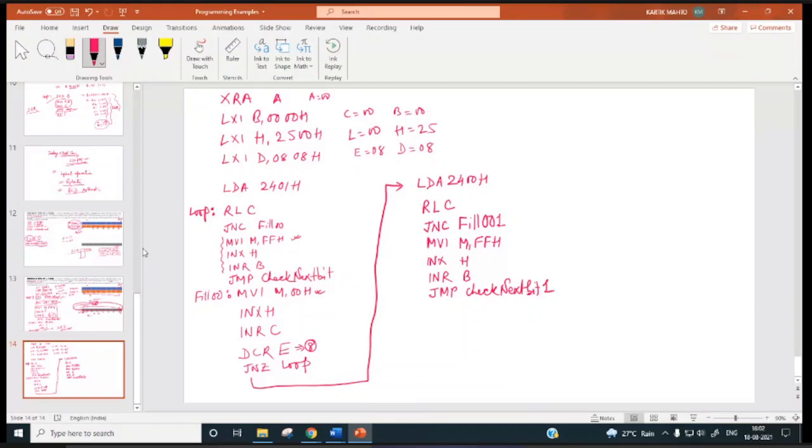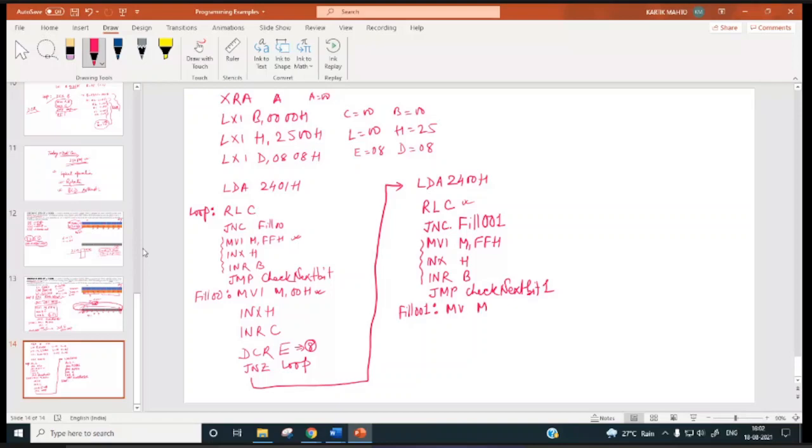And if after rotating, suppose carry is not generated, then these instructions should not be executed, so it will jump to fill 001 over here.